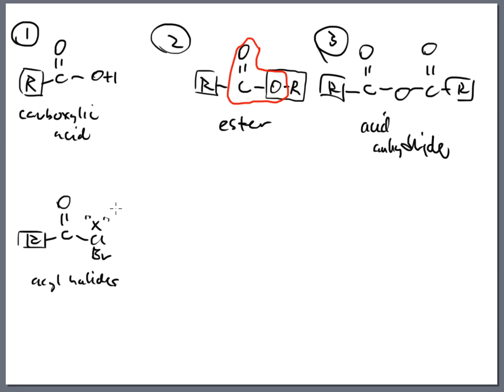It can be chlorine or bromine or iodine or fluorine or any of the other halogens. Okay, well, if it's an acyl halide, they'll put a random X that's present. But we can also call this an acyl chloride if chlorine is there, or an acyl bromide if bromine is there. It doesn't really matter. So there is number 4. Number 5